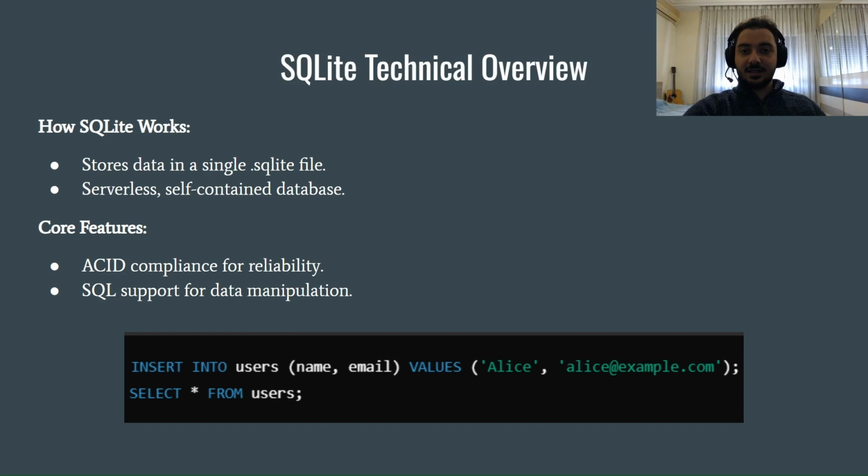So the first line here inserts into a table called users the name Alice and the email alice@example.com. The second line simply selects all records from the table users and displays it. I'm sure you're familiar with these queries, but I just wanted to add an example for you to see. These features make SQLite both powerful and easy to use. Moving on,